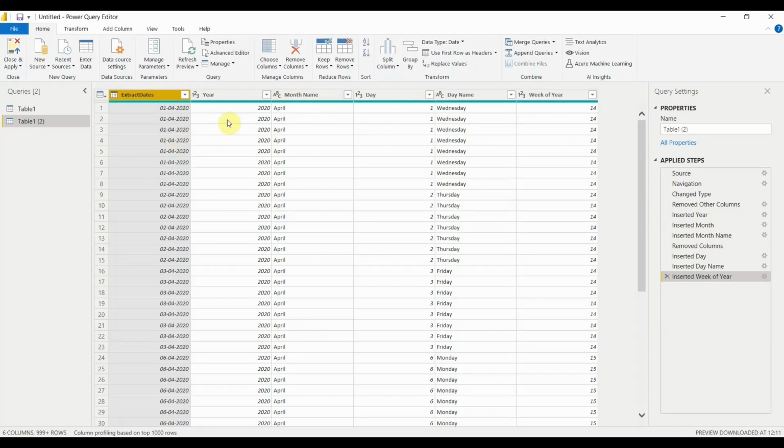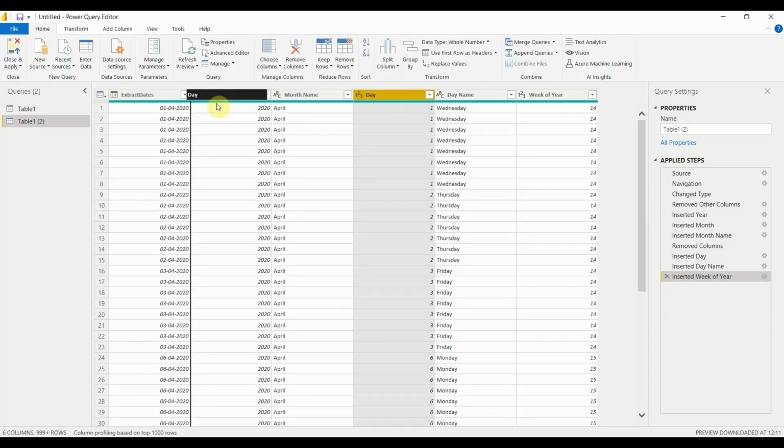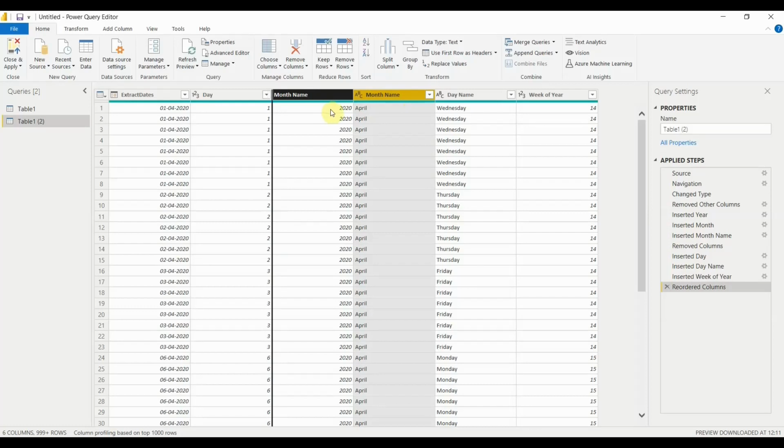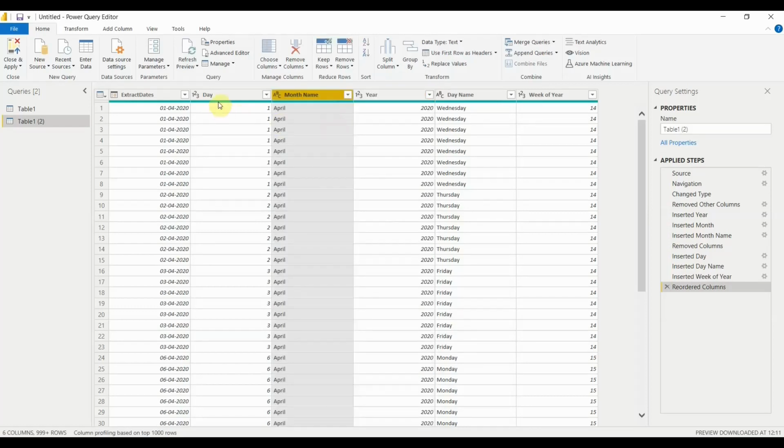To do so, it's a very simple procedure. Just click on the column that you want to reorder and drag it to the left or right-hand side, wherever you want. As I said, I want the day first, so I got the day. Then I want the month name, so I just click on that column and drag it to the left-hand side, so that becomes my month name.